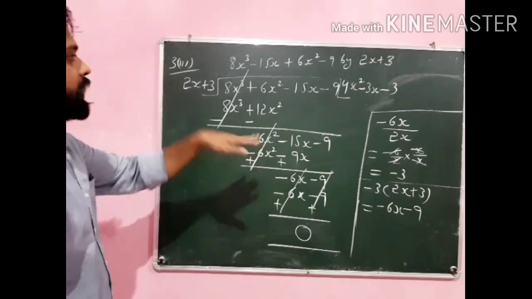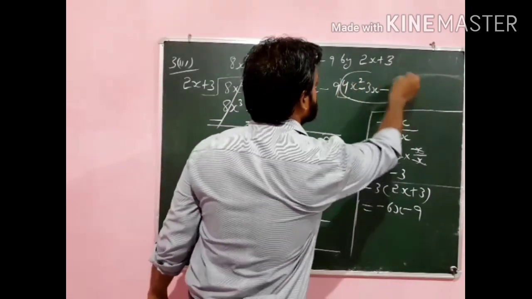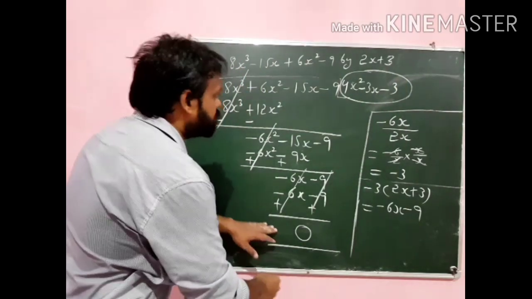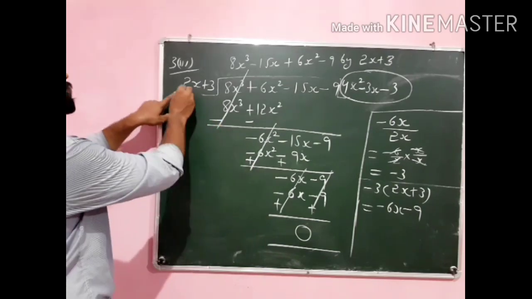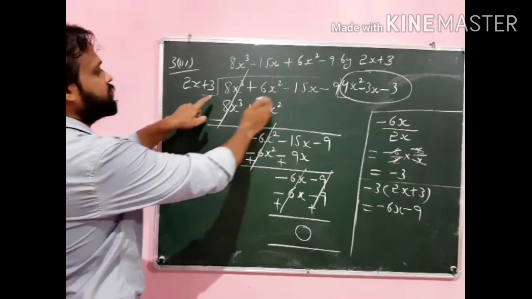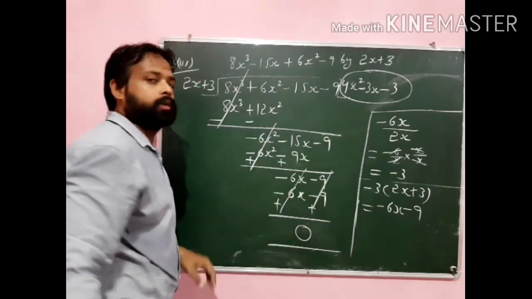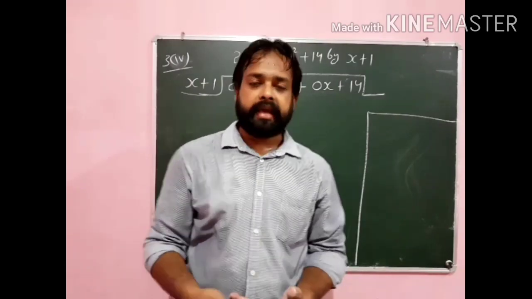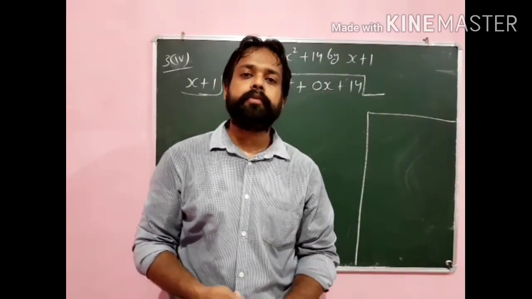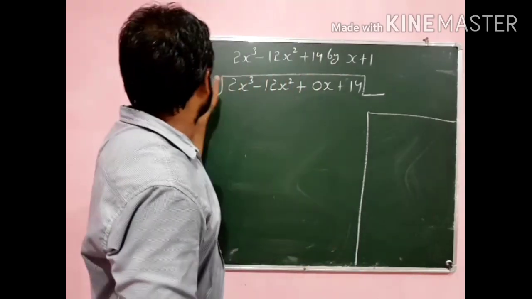So in this case we have to write down the quotient. The value of the quotient is this that we have just solved now, and this is the remainder. The value of the remainder is 0. We know that this is the divisor, this is the dividend, this is the quotient, and this is the remainder. So I hope this is clear to you. Okay, now I am leaving the second sum because this sum you have to try by yourself. So now I am going to solve its fourth part.